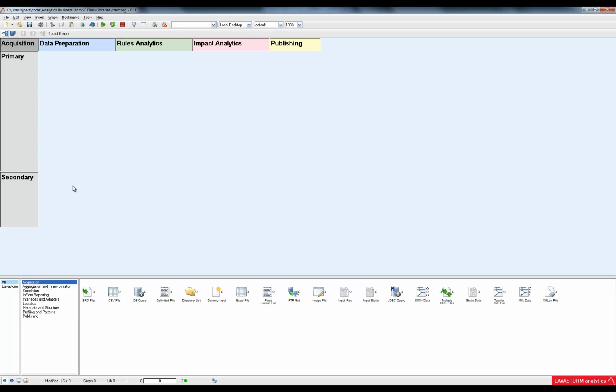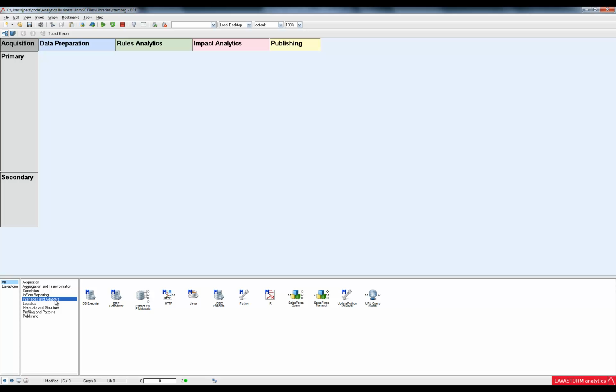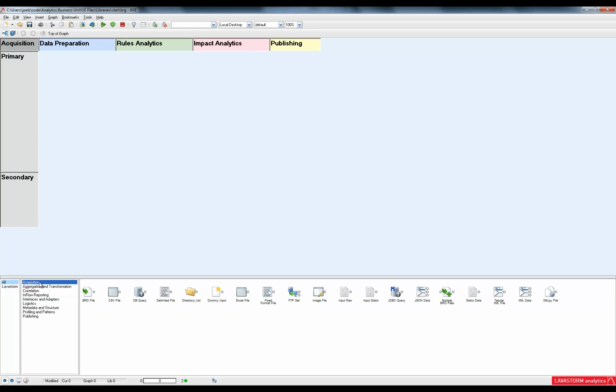And the main takeaway here is that the product has native capabilities to bring in data from virtually any type of structured data. Additionally, several of the product's interfaces and adapter nodes provide the ability to bring structure to semi-structured and even unstructured data sources through third-party tools or integrations. So whether that data is in CSV format, or Excel format, or a fixed format, or even XML or JSON, there is a pre-built node within the product to handle the quick and seamless data acquisition of those